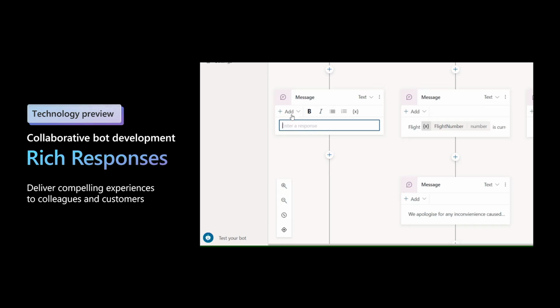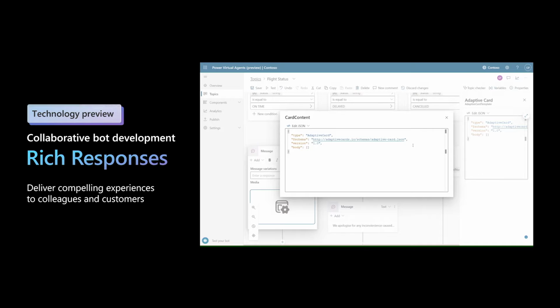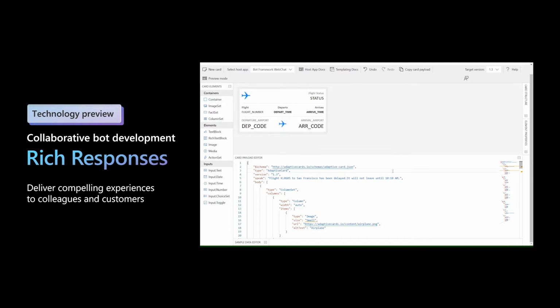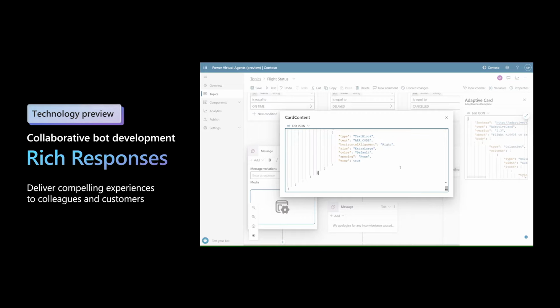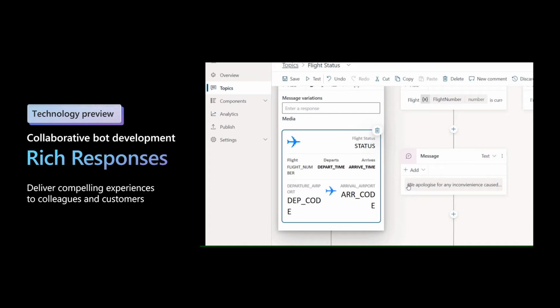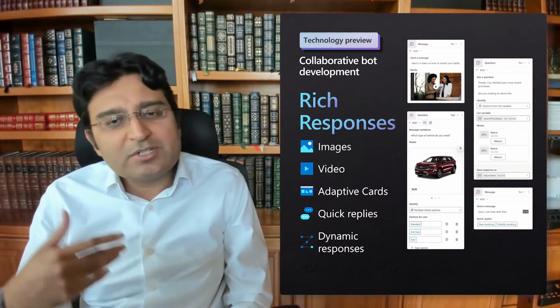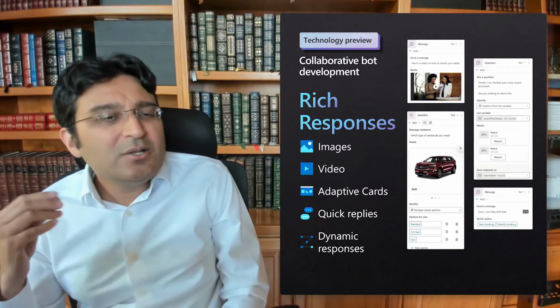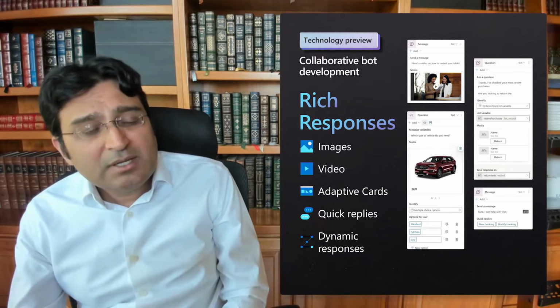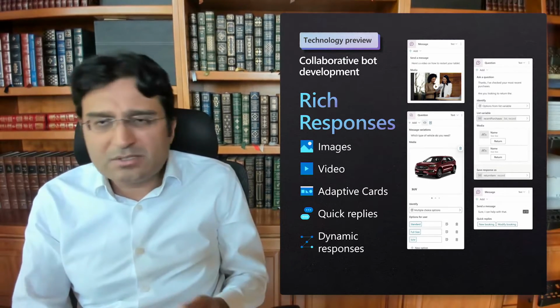One common need we see with bot builders is the ability to create interactive conversational elements, adaptive cards, and embed them into their dialogues. This was a common reason why PVA bots had to be extended with bot framework code. Now, you can create, preview, and test rich adaptive cards directly within the Power Virtual Agents canvas. In addition, you'll be able to easily add images or videos, create different types of conversational cards, and include quick replies or suggested actions. This allows builders to easily create a host of different scenarios like order confirmations, flight details,